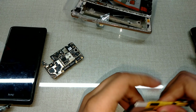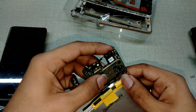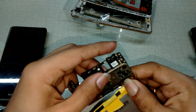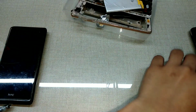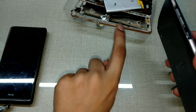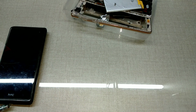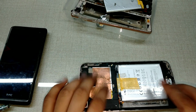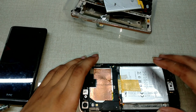And now it's ready to go. So this one is for my Oppo motherboard. Okay, now we have to do the same thing for the HTC, for the Oppo battery with the HTC connector. I've already done that, so let me show you. So there is the Oppo battery, but the phone is HTC and the connector is replaced just like that. You can see. Now we have to